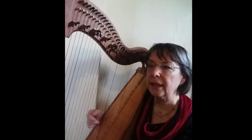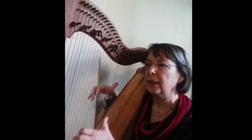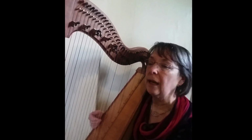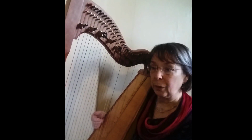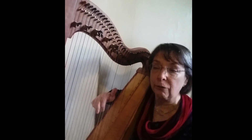And that little section needs to build slightly. So from 41, where you've got the inversions going down, and then back up on 43, and then build it into your octave and fifths, because 49 is kind of the high point, certainly the loudest point. It's where you're playing your tune, but with left hand doing much bigger chords. Sorry. So all I've done is adding in inversions in the right hand,